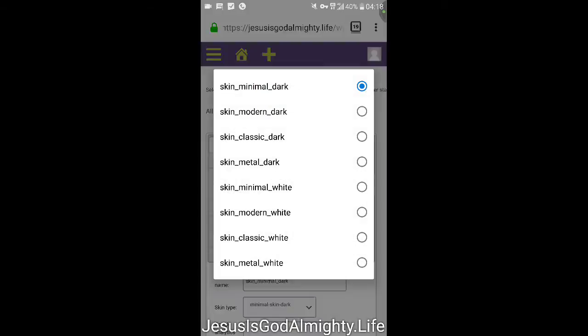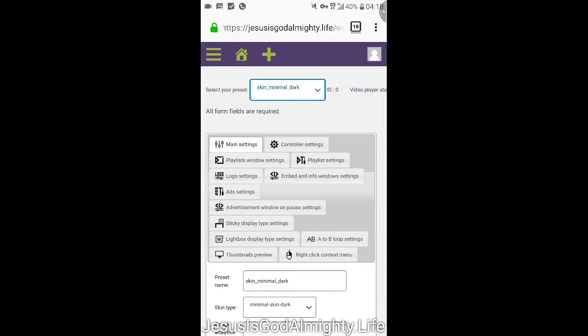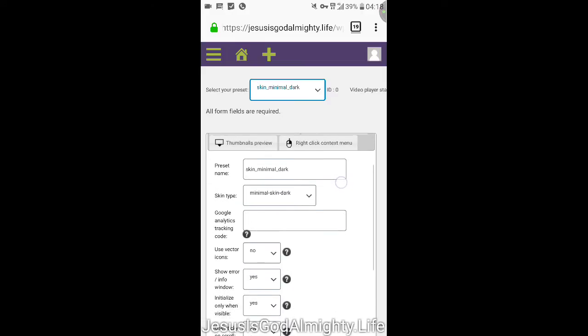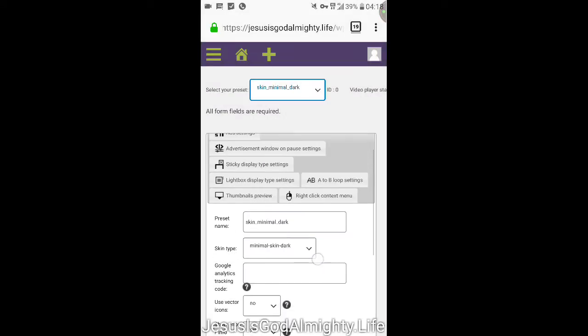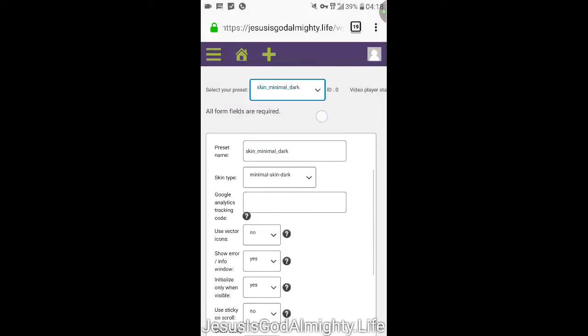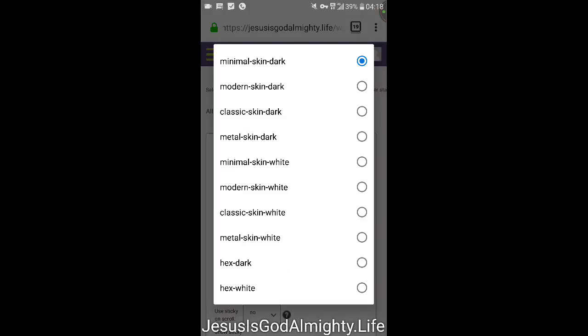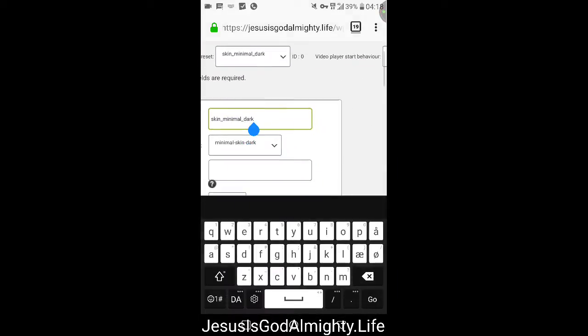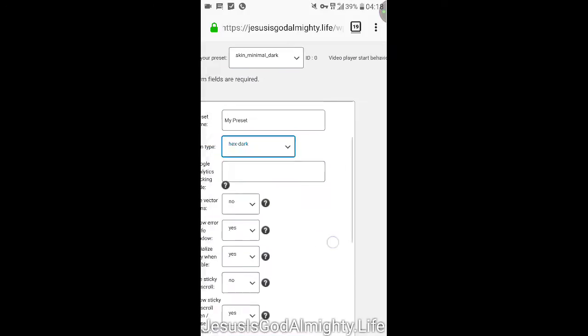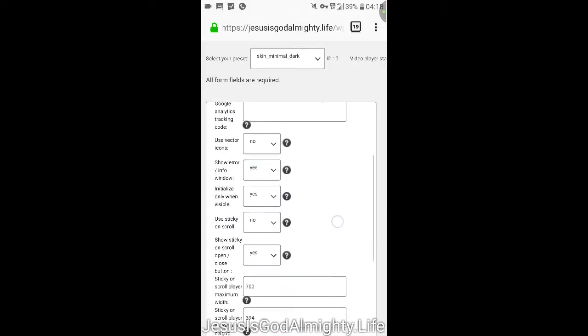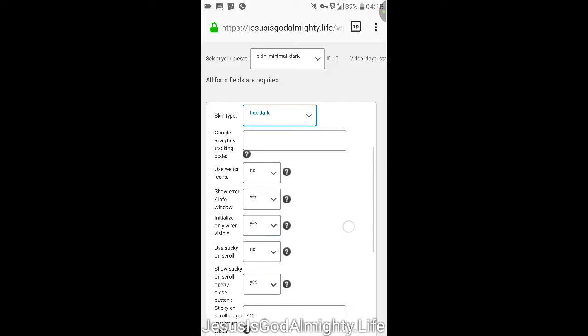But again, you would need to go to... Oh, I haven't even made a preset. That's okay. So how do I do that in regards of skin type? No. I need to make a, okay, preset name. My preset. Okay, and we're going to use Hexstock, Google, and no, we don't want anything to do with Google